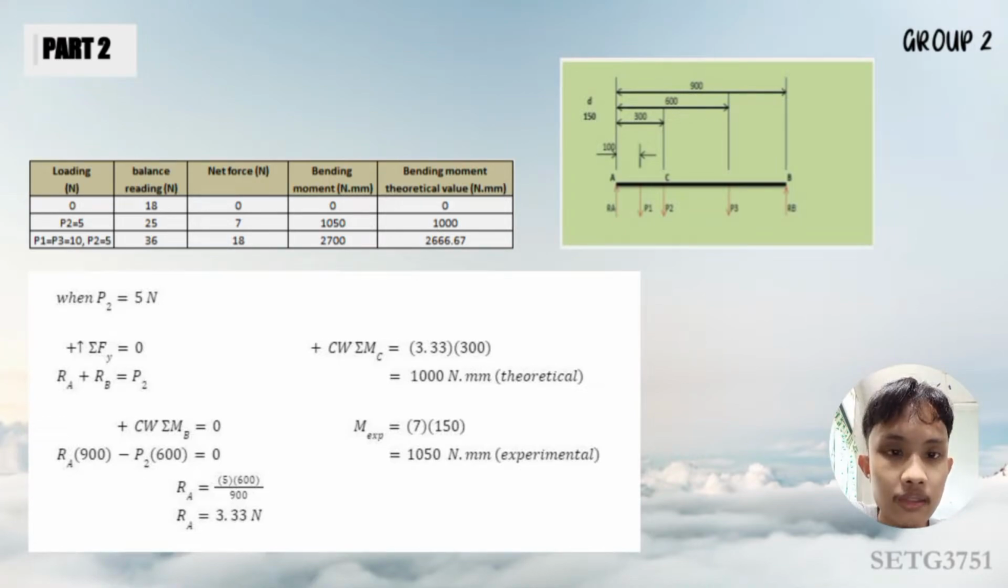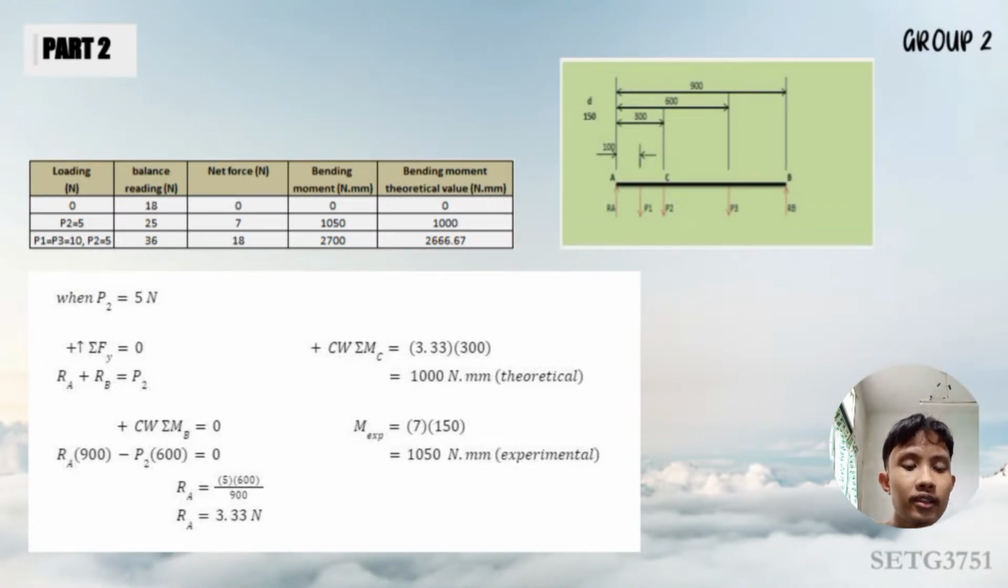For part 2, the calculation is quite the same. For example, when P2 is equal to 5 Newton, the summation of Fy equals 0, we obtain Ra plus Rb equals P2. Then the clockwise summation of moment at point B equals 0, we obtain Ra times 900, which is the distance, minus P2 times 600 equals 0, and we obtain Ra equal to 3.33 Newton. This value is then used in the summation of moment at point C times 300,